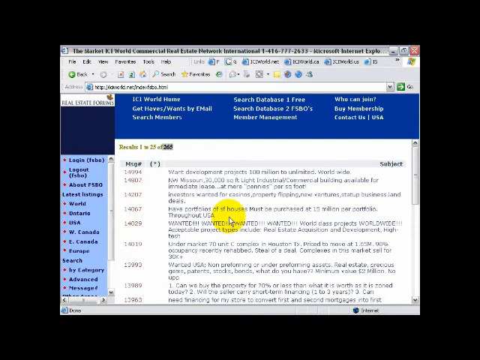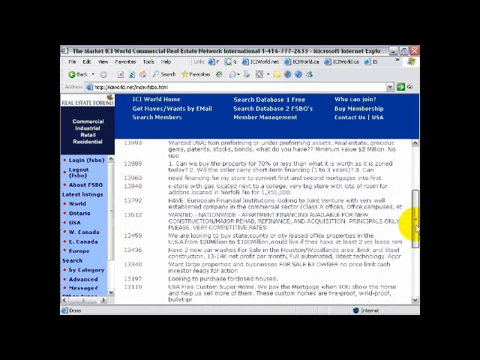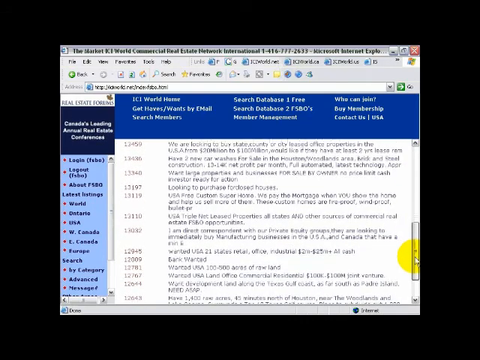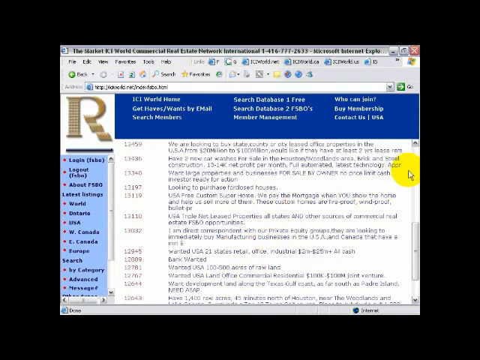You can be taking this information and putting it onto the world database of inventory of properties available. These properties are really not on the inventory of the world. They're sort of a secret to a certain extent. And you can post them in database number 1 that gets all the exposure in the world today. That should be something you're doing. All of these people are having problems. They want to sell property. They want to buy property, and you can be helping them.